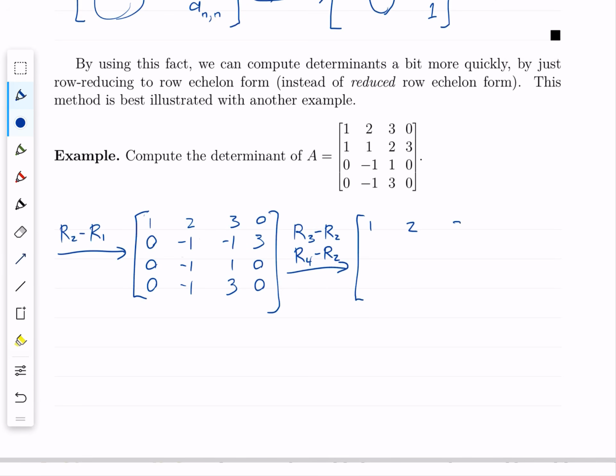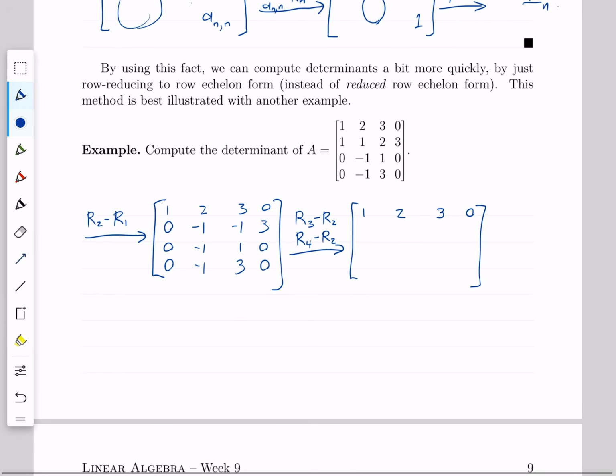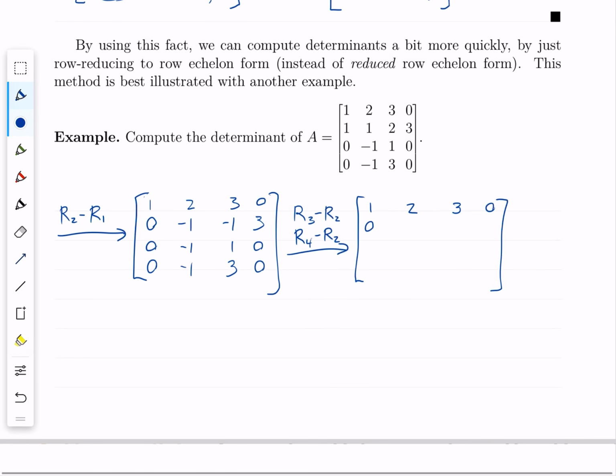1, 2, 3, 0. And, sorry. 0, -1, -1, 3. All right, and now let's compute rows 3 and row 4. So